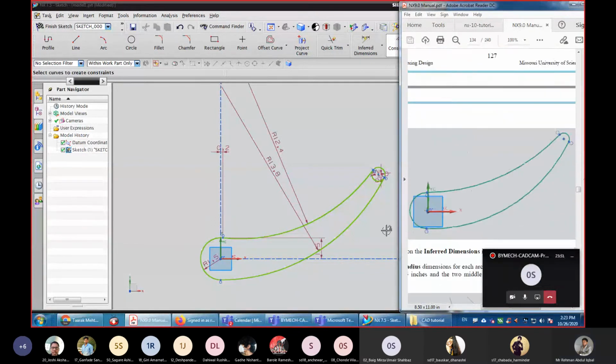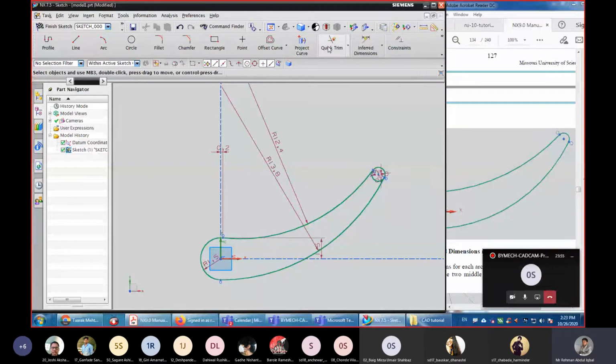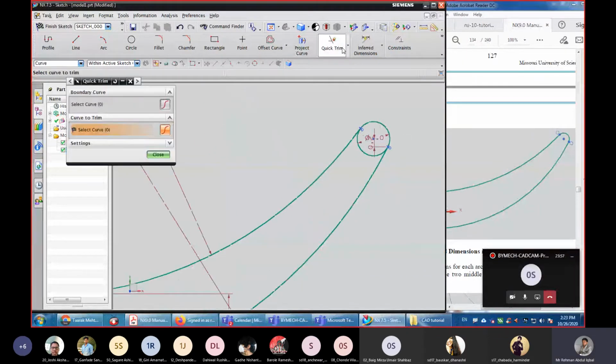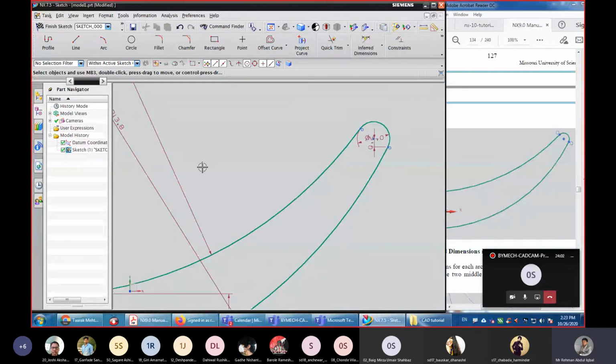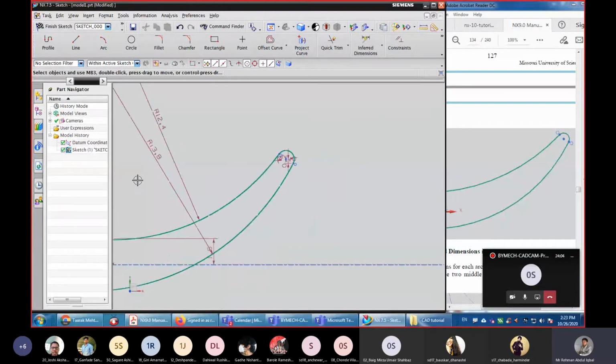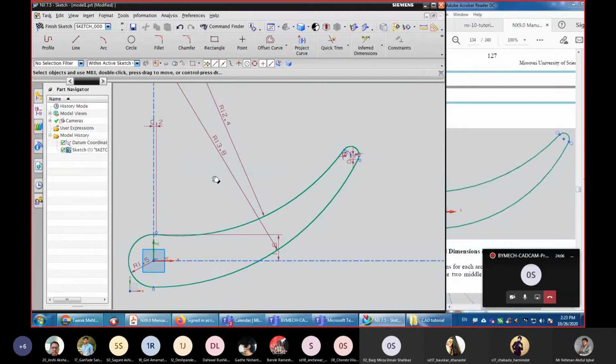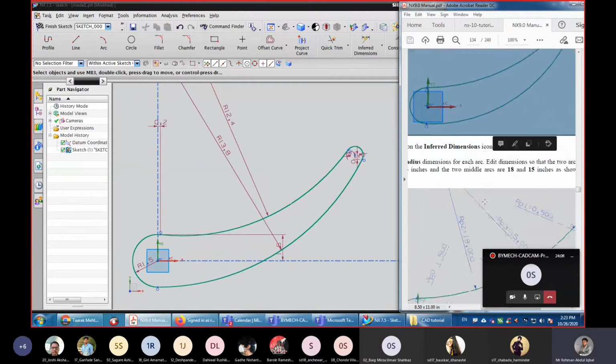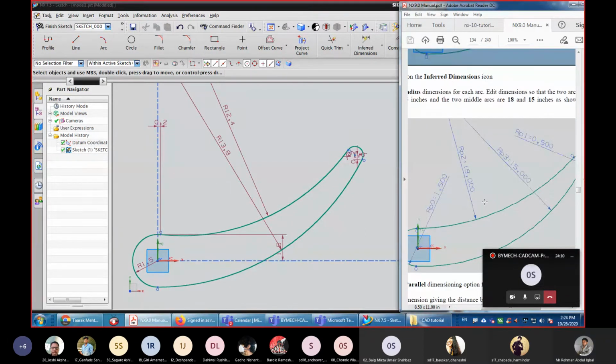This one. Then go to quick trim and trim this much portion. We got this. Next, we need to change the radius of this upper arc to 18 inches.